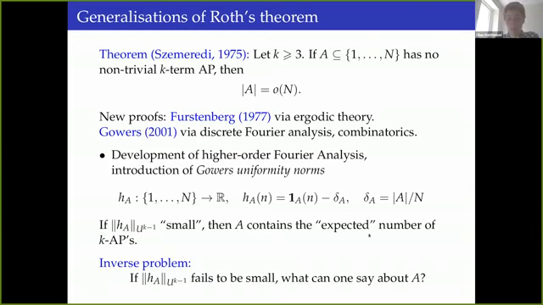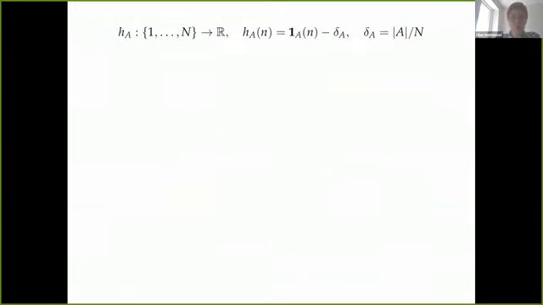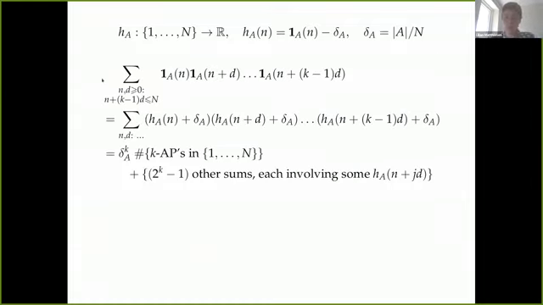I promised to say something about the expected number of k-term arithmetic progressions inside the set A. So here is a reminder of the notation. And with this notation, we can now express the number of k-term arithmetic progressions within the set A by this first sum here. We parameterize the set of all arithmetic progressions within the set of integers up to n using integers n and d. And then we test for each element of this progression whether or not the element lies inside A. So this first sum just counts the number of k-term progressions inside A.